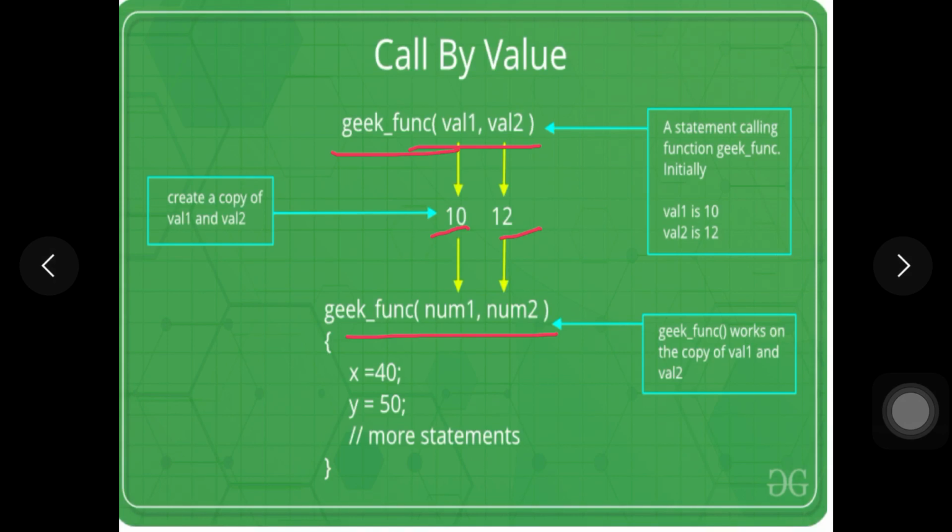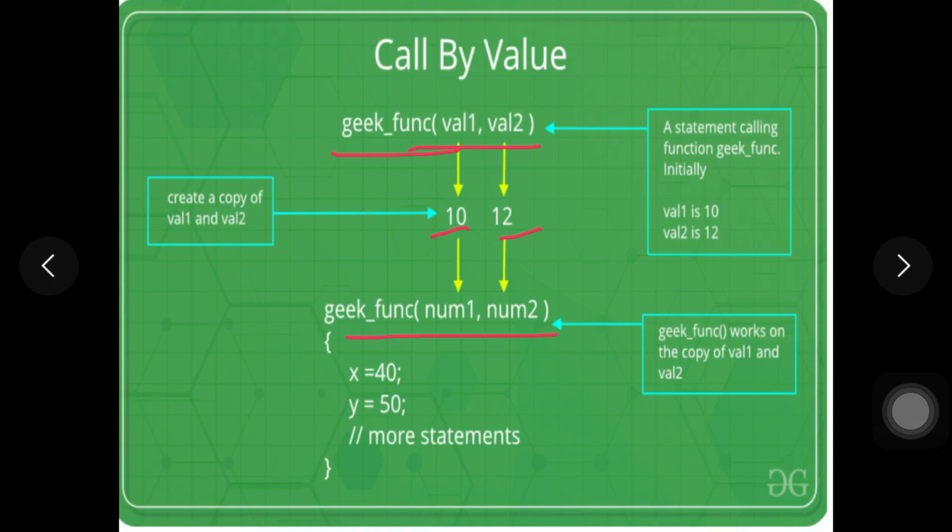One more thing we need to understand here is, if any value of the parameter in the called function is modified, the change will not be reflected in the calling function. The change will be only reflected in the called function. For example, you can just see here.